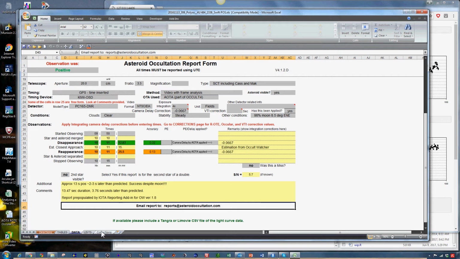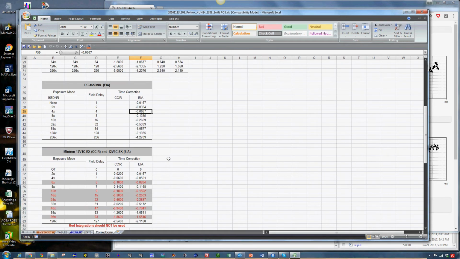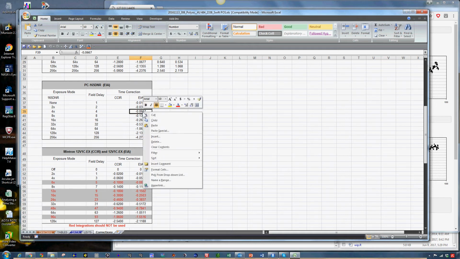And we can go to the corrections tab at the bottom, and we can look for the camera that's in use, the PC165 DNR, and it's operating at 4x. So the delay for an EIA or an NTSC camera is a minus 0.0667 seconds. So we'll click on that and copy it,